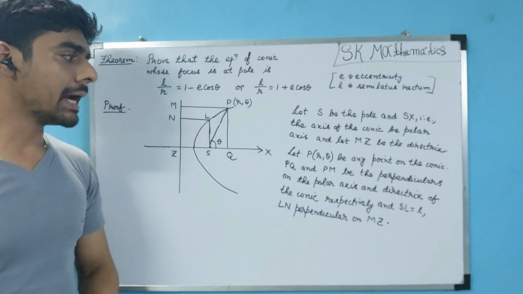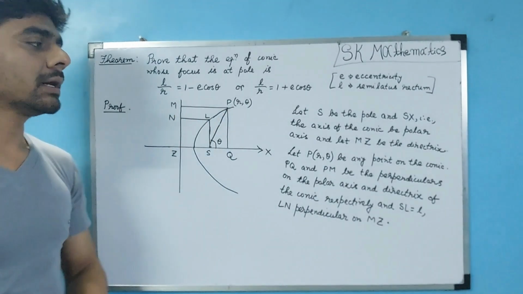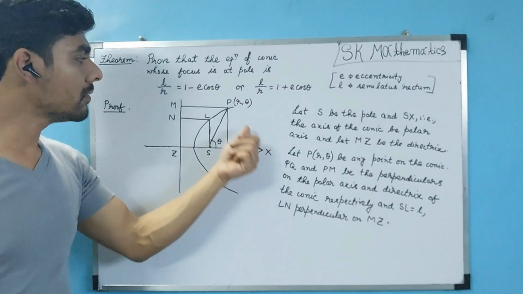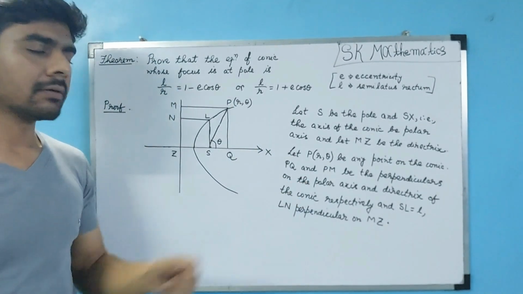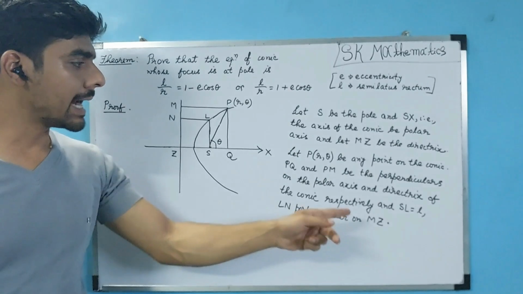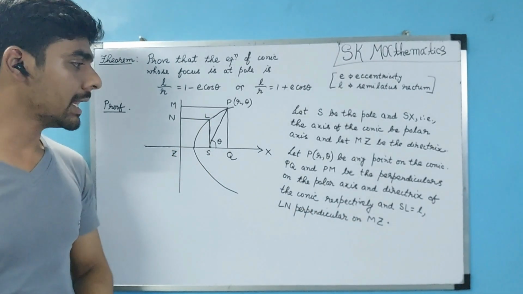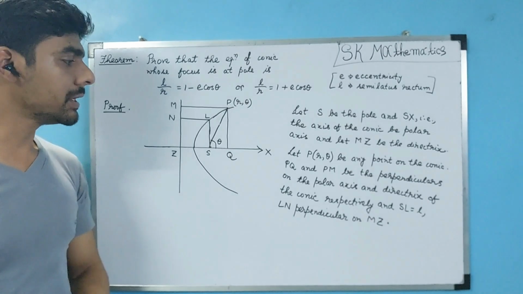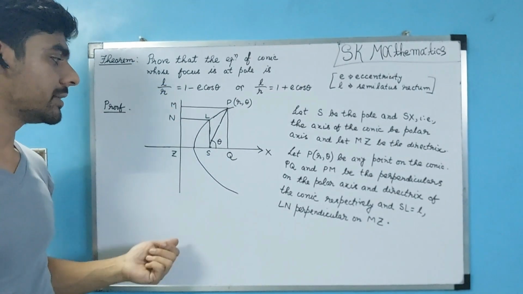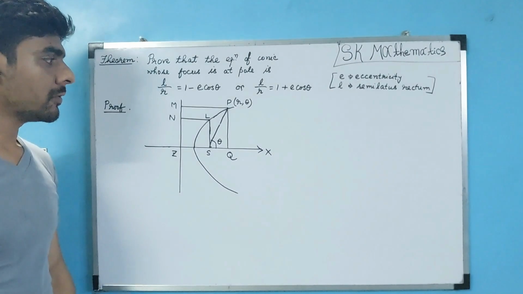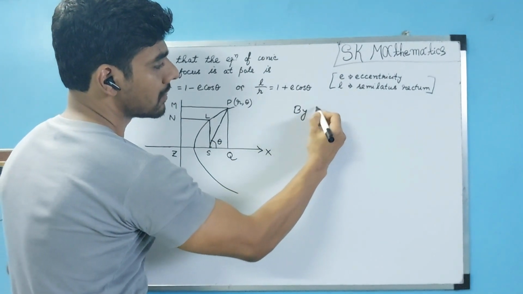Now PQ and PM are the two perpendiculars. PQ is on the axis and PM is on the directrix. You can see that SL equal to small l, and LN is the perpendicular on the directrix MZ. So for the proof of the theorem, now by the definition